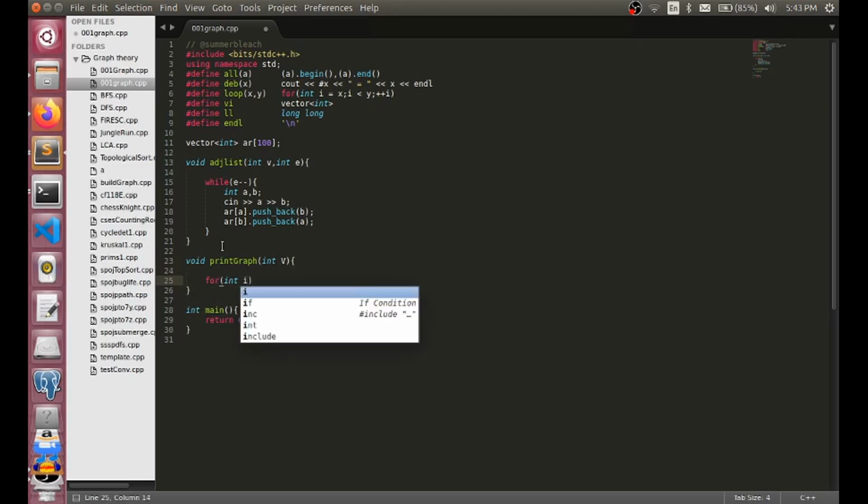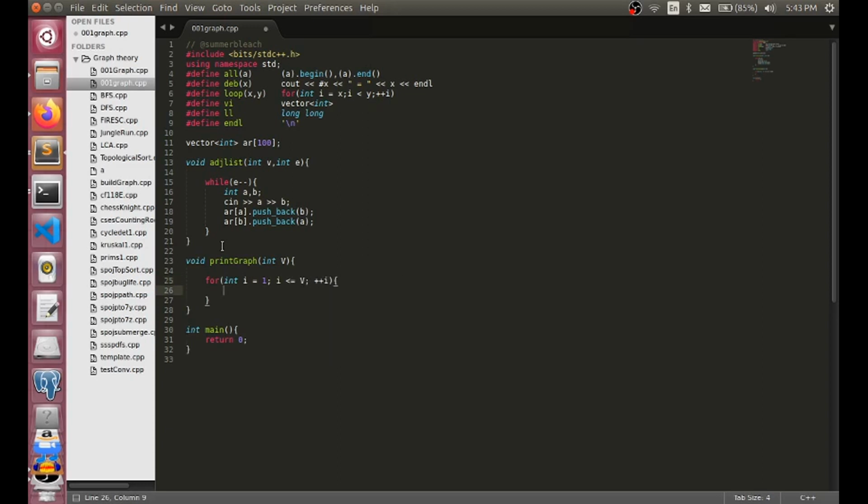And also we are supposing that the nodes will start from 1. In some questions the nodes will start from 0, so you have to take care of that. We are supposing that the vertices will be from 1 to V. So this code will work for that, hopefully.